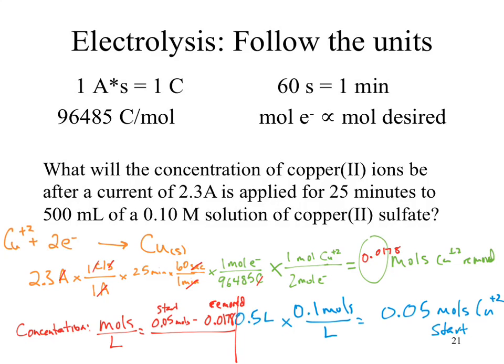If we subtract those two numbers, what do we get? It would be the moles of copper still in the solution, because we haven't removed them yet. What's our total volume? 0.5. What do we now have? Our concentration at the end of that reaction. So you have to tie several different concepts to each other to be able to pull that one off. Okay? Questions about that one? Okay, so as far as questions go,